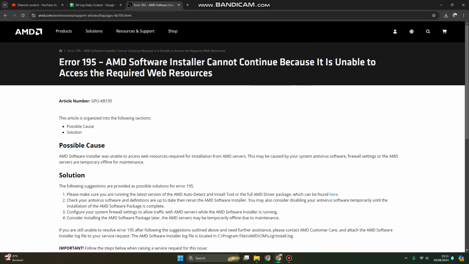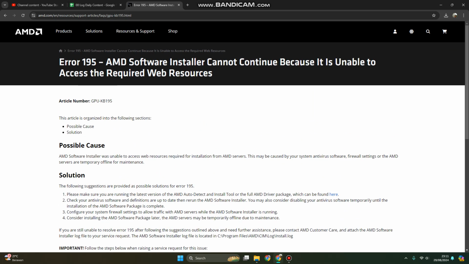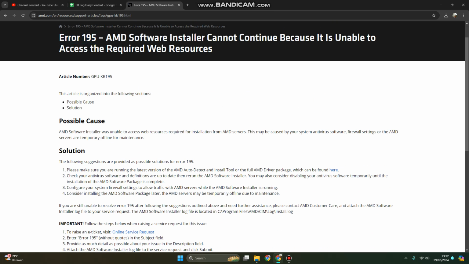Today I'm going to show you how to fix error 195. AMD software installer cannot continue because it is unable to access the required web resources. So when you're installing AMD software and you get interrupted or terminated because of error 195, it means your AMD servers or AMD driver a